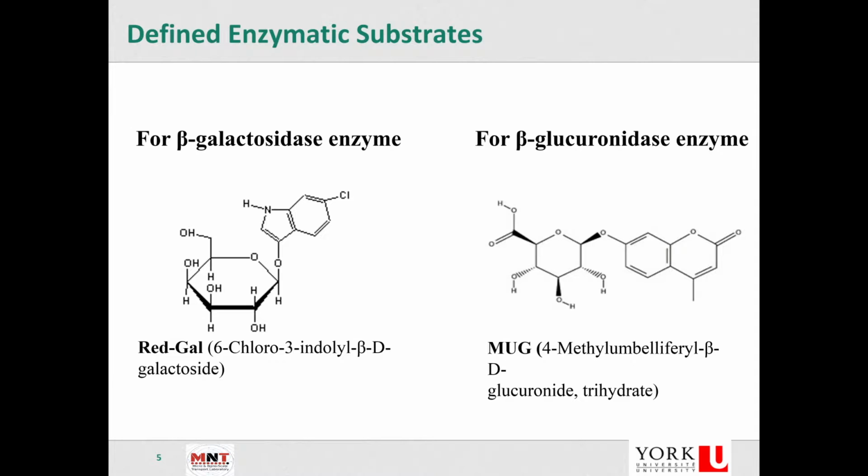So there are various kinds of enzymatic substrates that are available in the market, these are big molecular chains as shown here. In this case, I picked two such enzymatic substrates, which are Red Gal and MUG. One of the substrates interacts only with the beta-galactosidase, and the other one, MUG, with the beta-glucuronidase. So the cells proliferate. In other words, these ion channels are formed at a certain time instant, and then the enzymes are released, and then they react with these kinds of substrates. Okay,